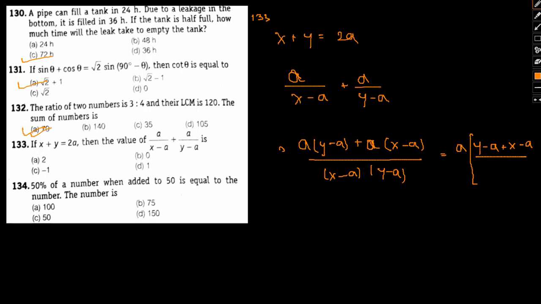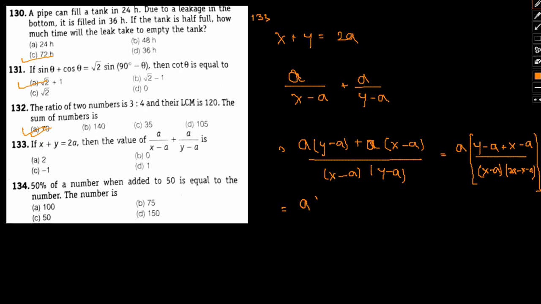And below the same, I can simply represent this x minus a into y minus a, where y I can write as twice a minus x, minus a. I can write it this way,